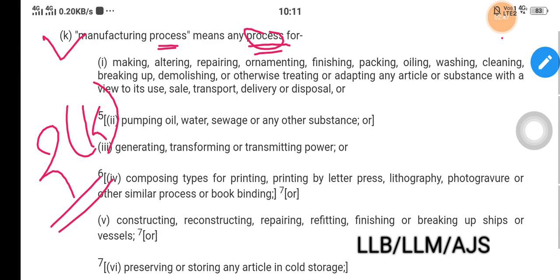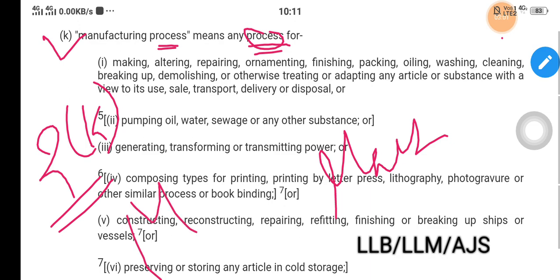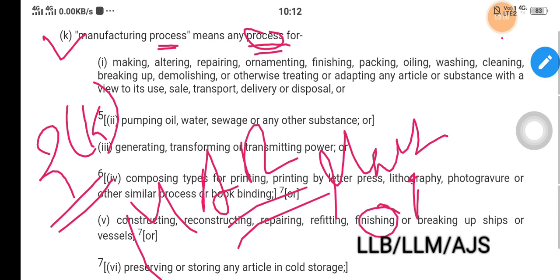So a lot of things are used here. For example, making: first of all, to make something. Then altering, so altering is also included under manufacturing process. Then repairing: making, altering, repairing, MAR. Ornamenting, finishing, packing, OFP. Then oiling, washing, cleaning, OWC, breaking up, demolishing,